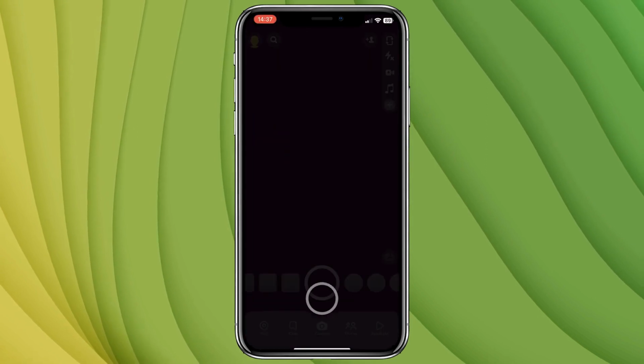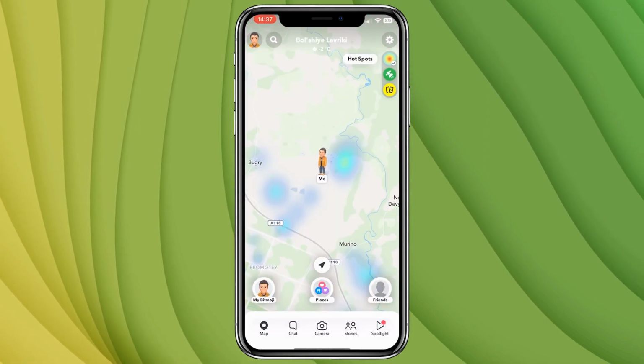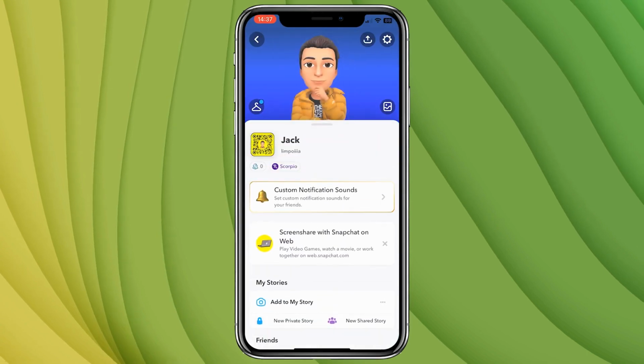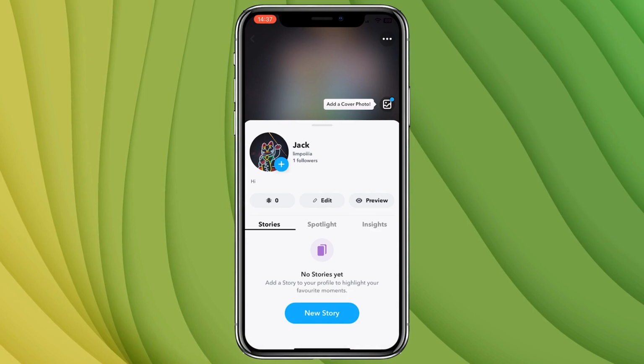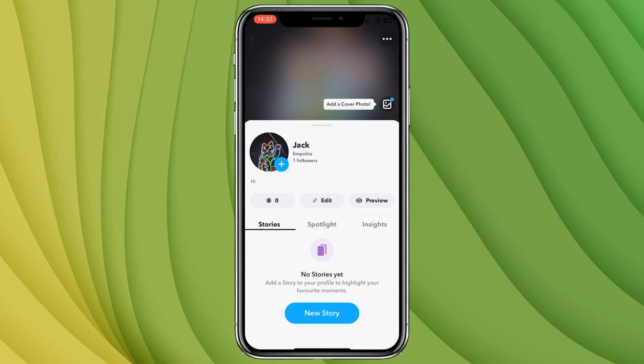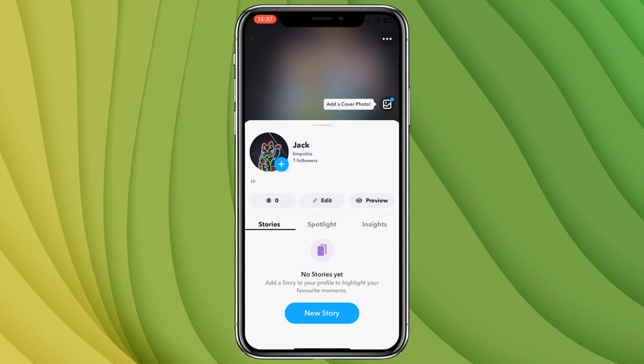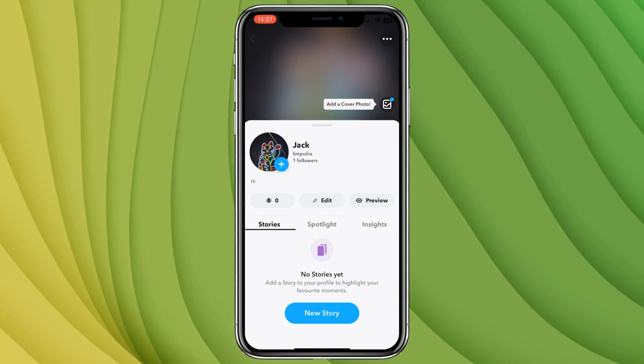Go to Snapchat and click on your profile in the top left corner. At the very bottom is your public profile. Click on it to view your current settings. If it's missing information, missing stories, plots, inside or a cover photo, or you don't have a public profile button